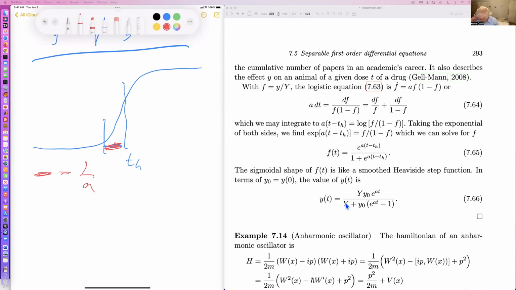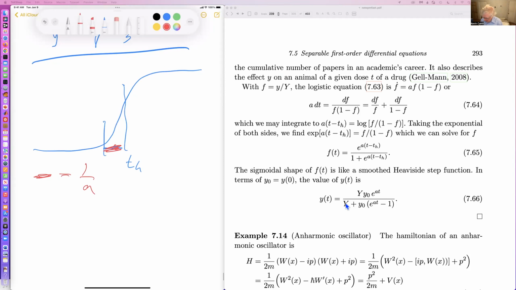And in particular, it applies to drugs, poisons, whatever, almost any cause and any effect. Often, many causes have effects that look like this. If the cause is very, very small, whoops, let me go to green. If the cause,